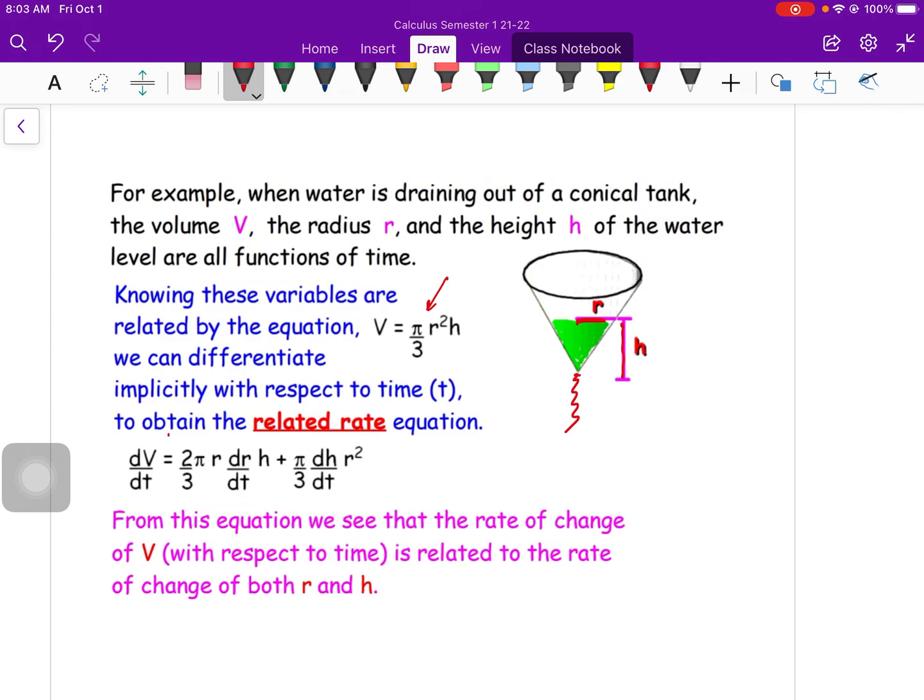So dV/dt is the derivative of V with respect to t. That one's a little bit easy. But then we have a product rule. When we're taking the derivative, the first variable, if you want to call it that, is r, but we're taking that as a function of t, so we have to take the derivative of that function r with respect to t. That's the dr/dt, and then the same thing with the dh/dt. So now we have an equation to figure out what the rate of change of the volume is with respect to time. Over time, we're going to have less water,